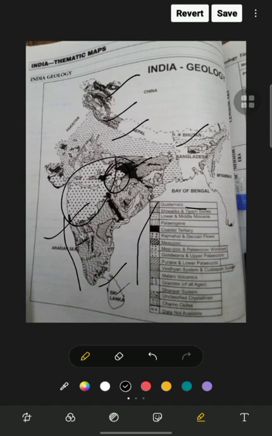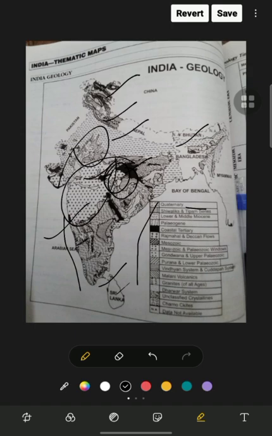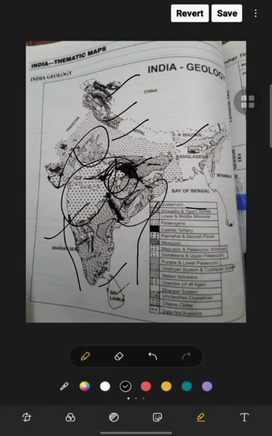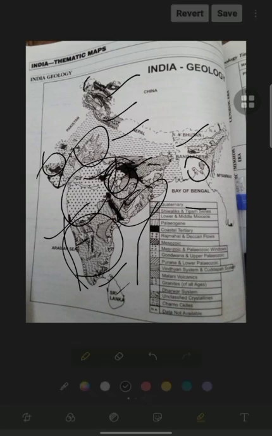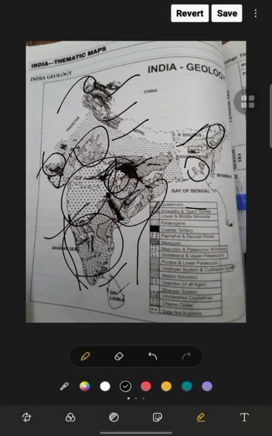Now the Vindhyan system, that is here. Now Malani, that is also in between. This is the Malani area. The Dharwad region is there. Now the unclassified crystalline area. So this is the unclassified and crystalline area. Then Charnockite. Charnockites are this area, and here data is not sufficient. In the free area like this, some data is not sufficient.